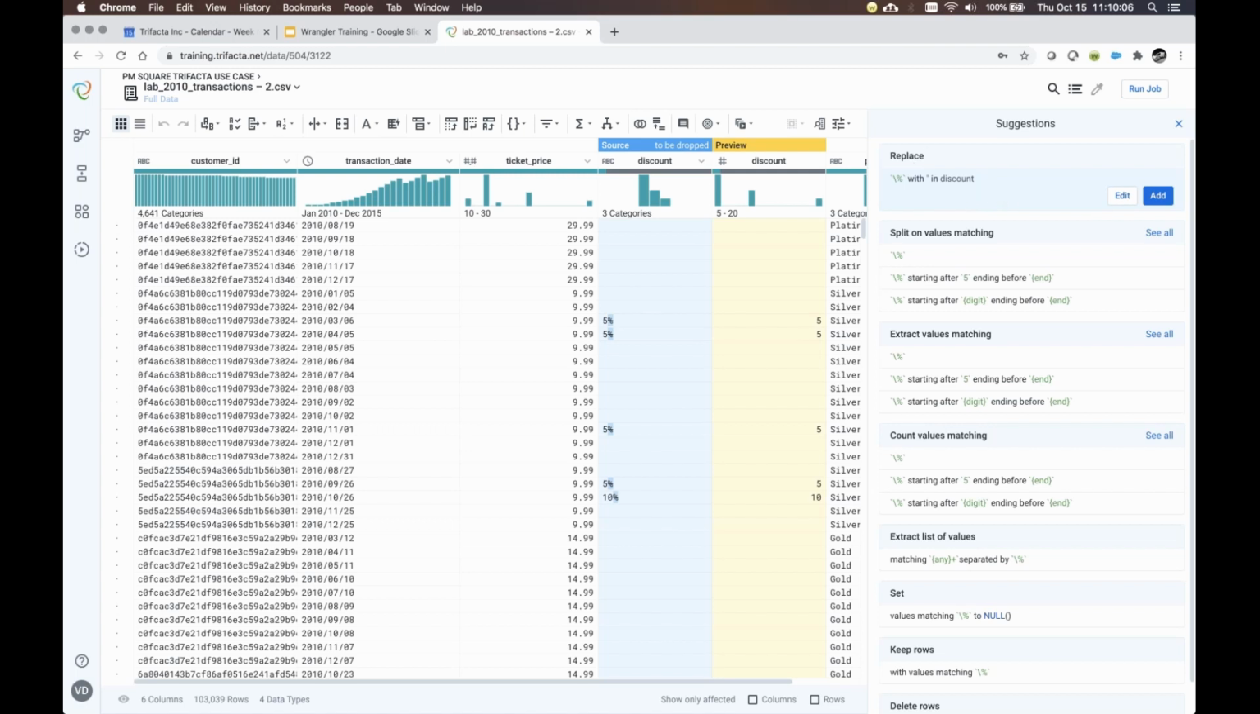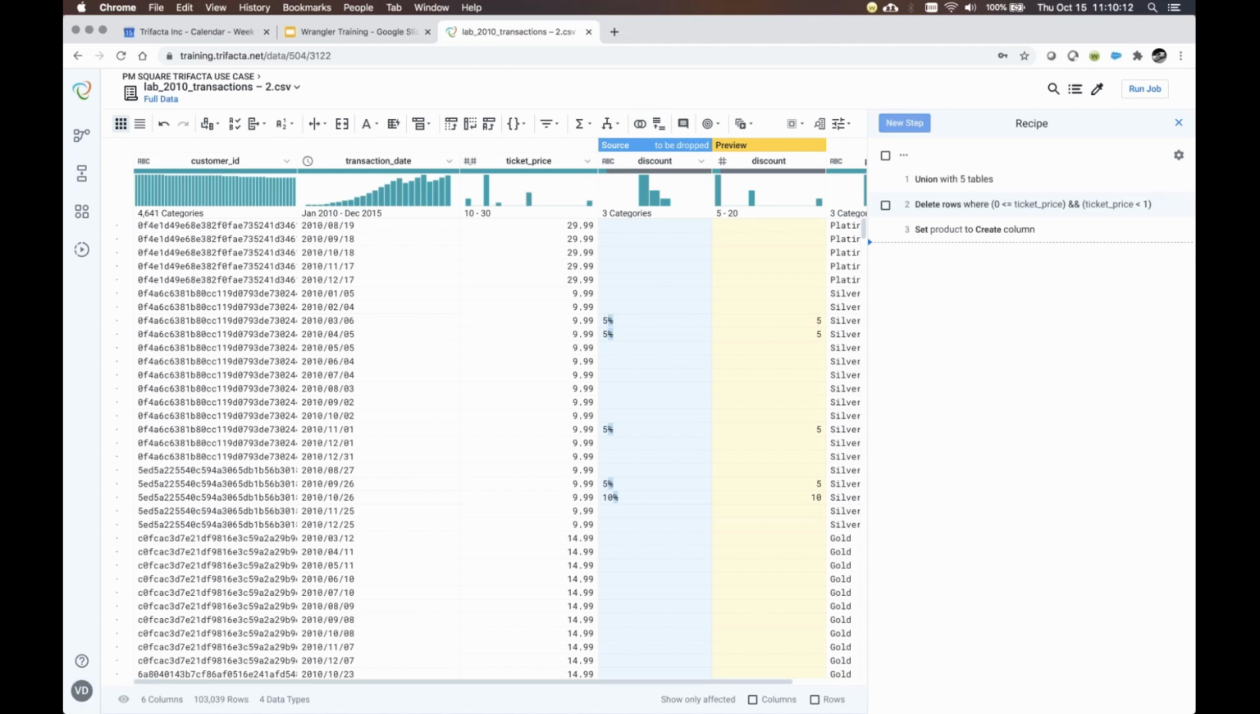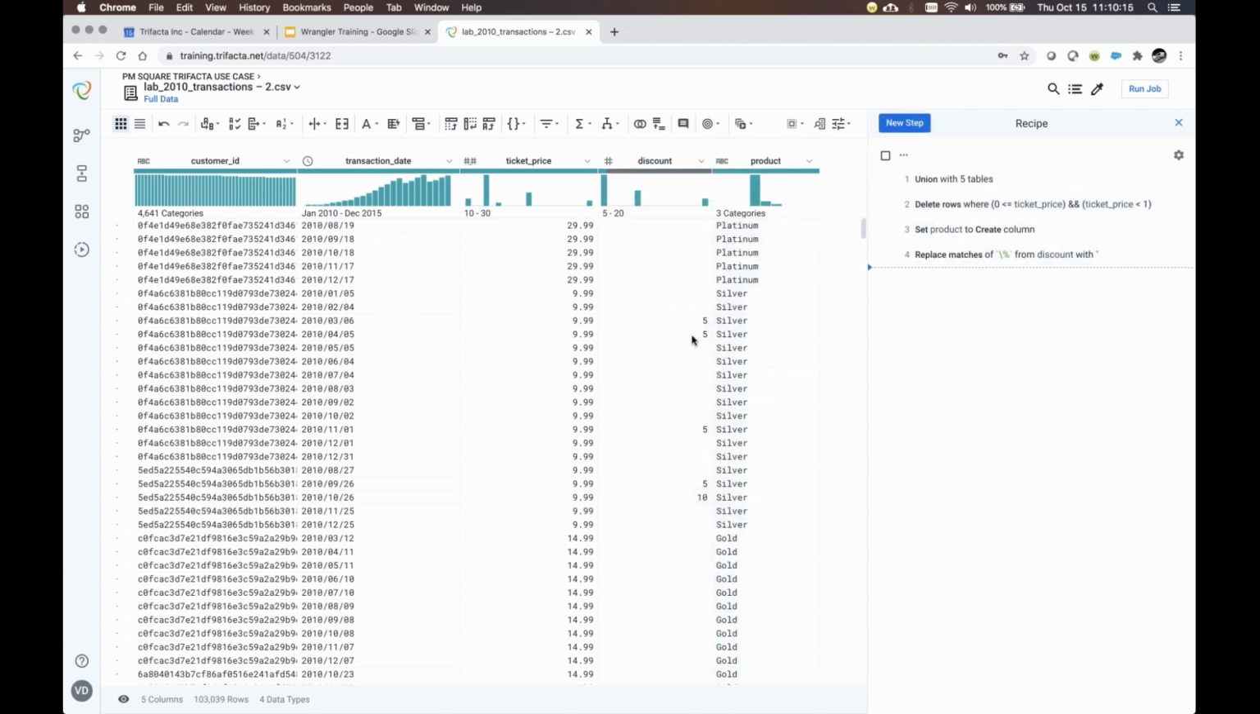So in our case, we're going to say replace and add that step, which is starting to move this in the right direction. At least it takes it to being an integer. Okay, so it adds that as step number 4. The very next thing that we're going to do is we actually want to set this up to produce this